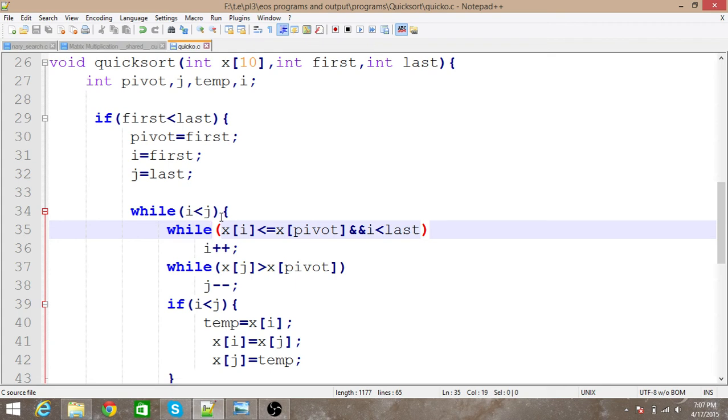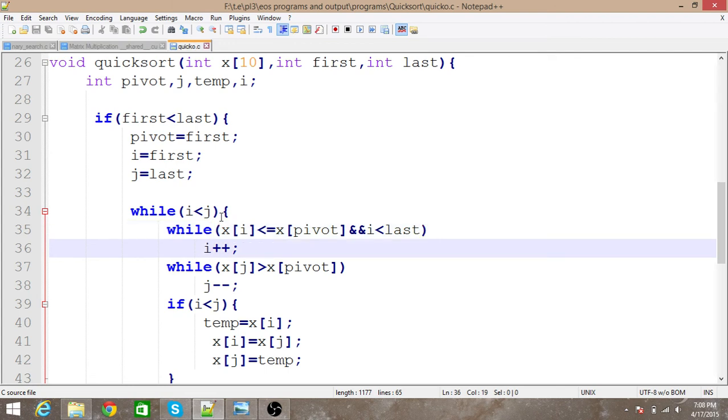We will increment the value of i as long as the element is less than or equal to the pivot element, and i should be less than the last element. So it will give us the element which is greater than the pivot element.